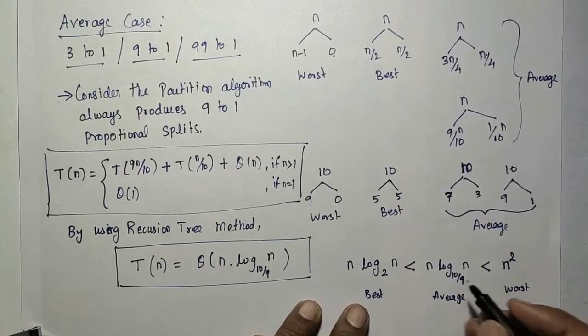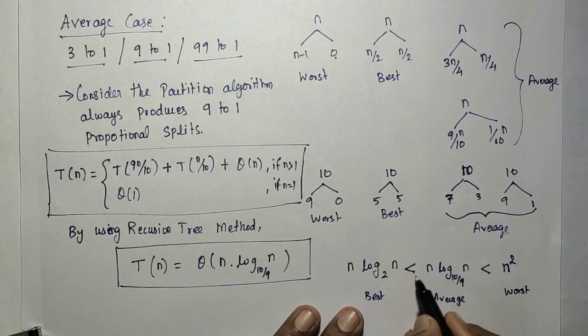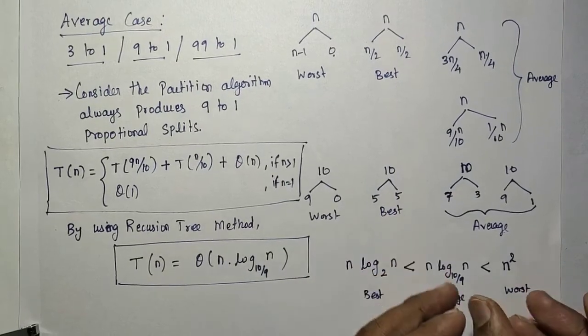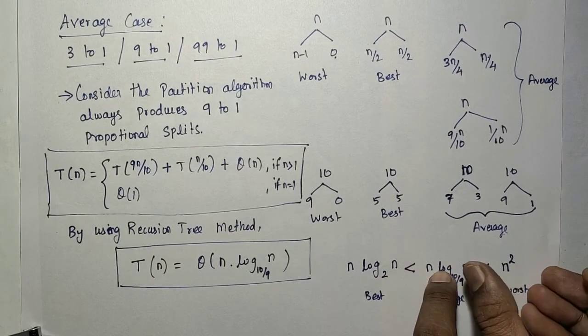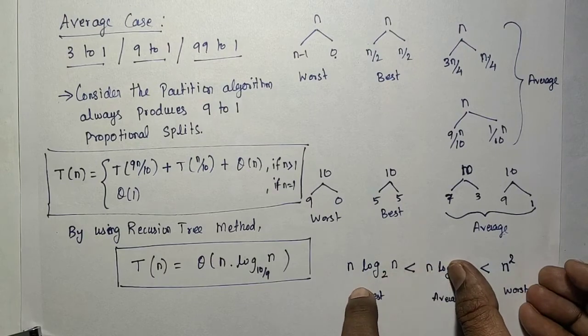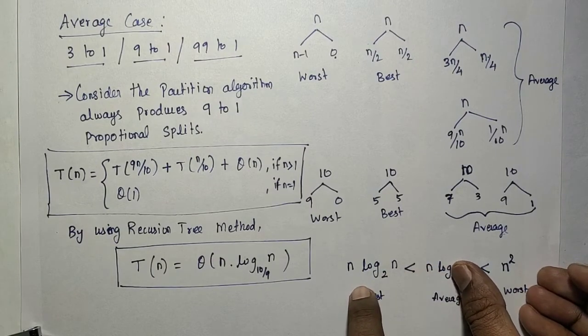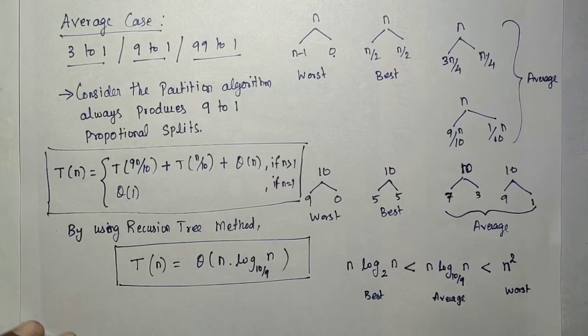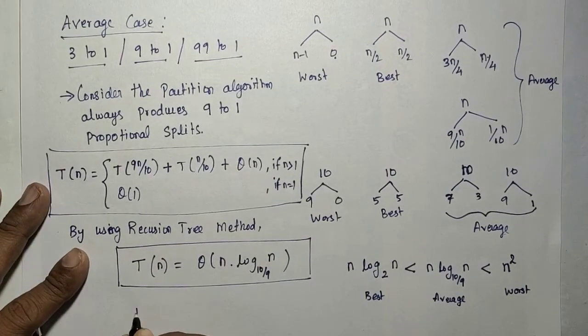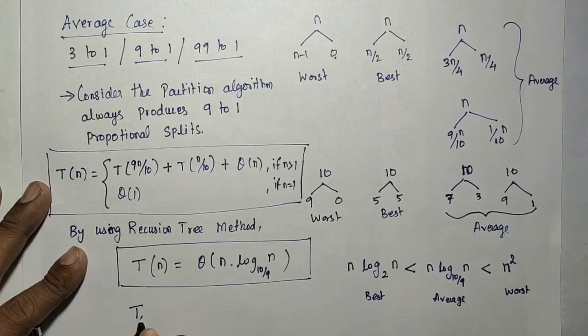There is a huge gap between n squared and the n log n term, but this n log n term is nearly equivalent to the best case. So we are going to prove that my average case complexity is nearly equivalent to the best case complexity, like that. So the average case complexity is also